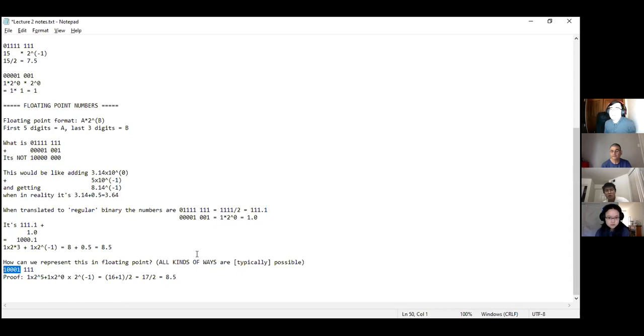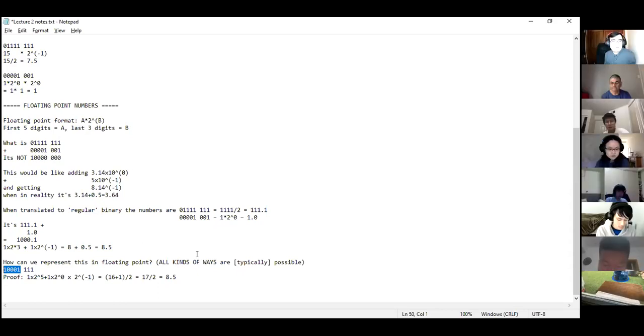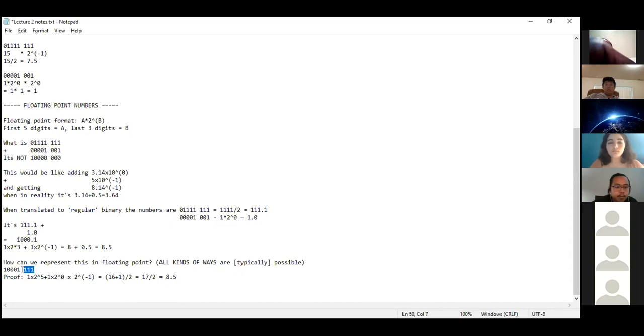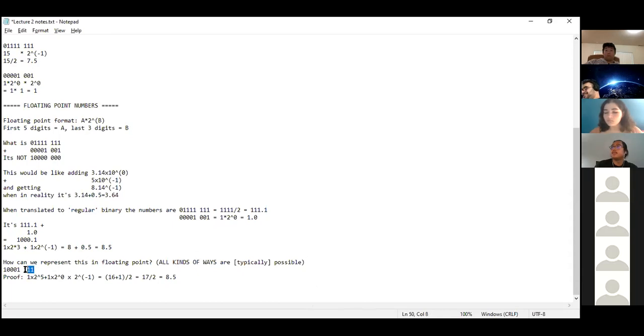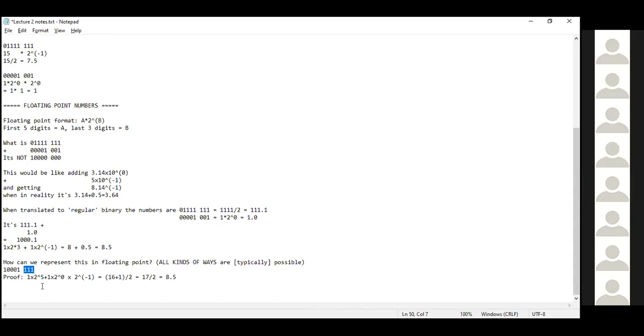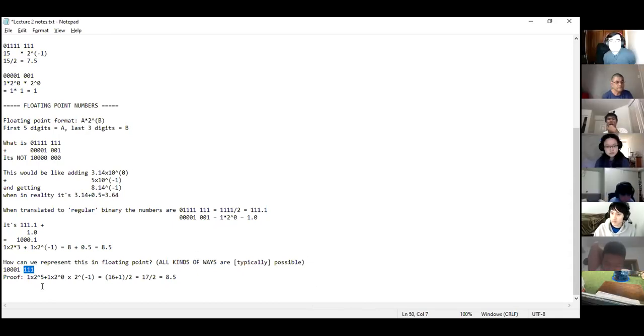I have a question. For the exponent 111, how do you know it's 2 to the negative 1 or like 7? How can we tell for this exponent? This one's just given to us. And I guess you should probably also note that the 111 is 2's complement -1. It's a good question. But if we just see 111 in the question, how do we know that?